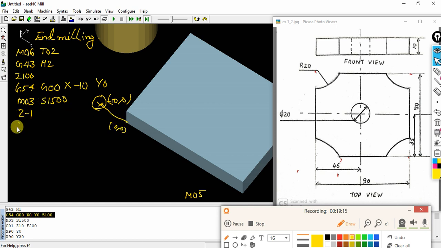After that, let me start the cutting action with G01, that is linear interpolation, and G41, nothing but left compensation, referencing my cutting tool number 2.